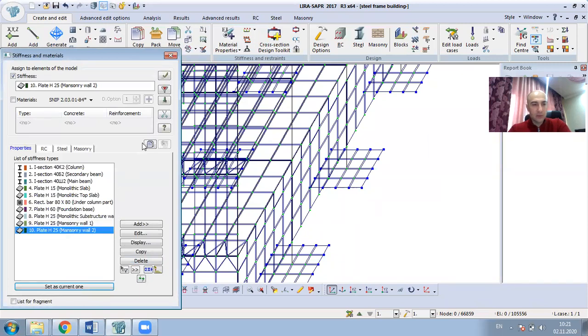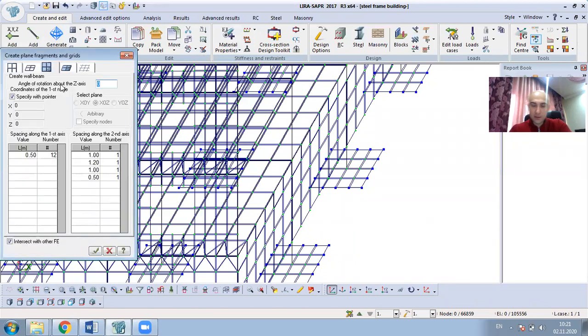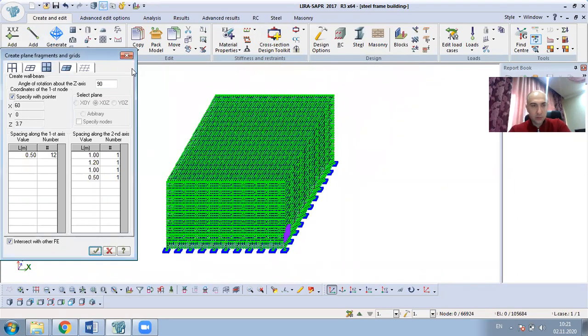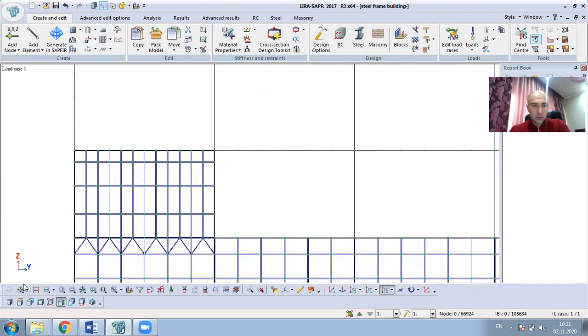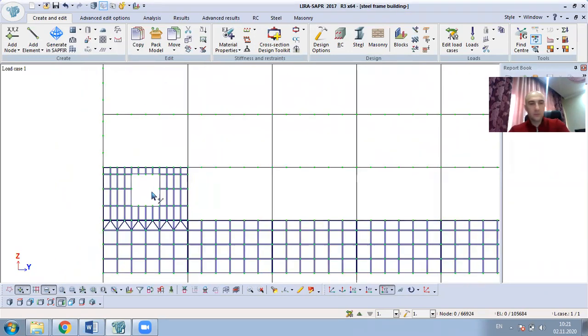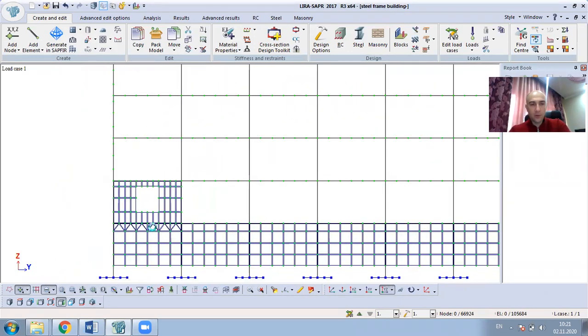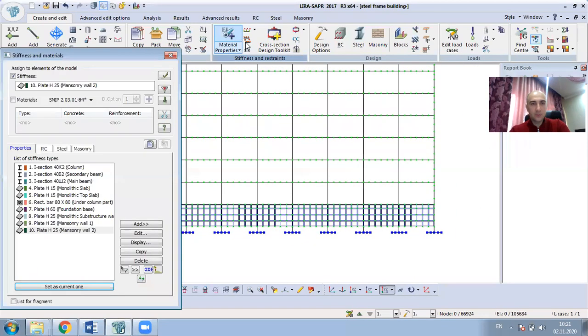We select masonry wall 2, go to wall beams, write 90, and choose a node. Here we'll do openings, and make a copy of this wall to another 9 steps. I select